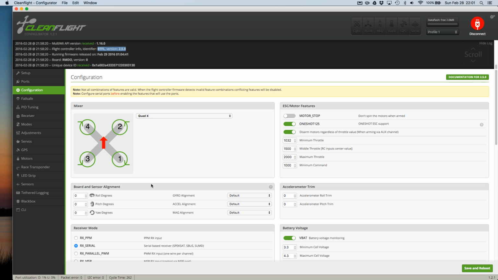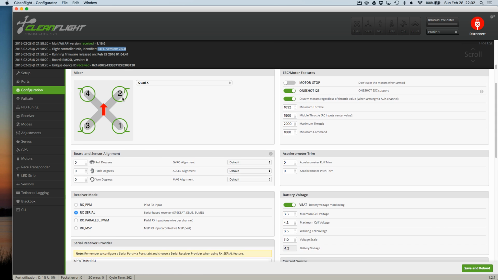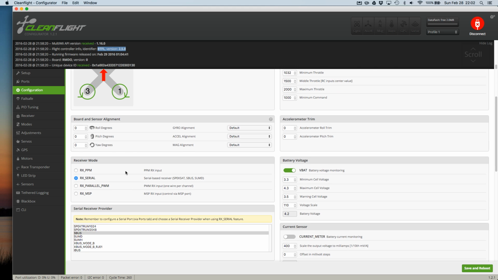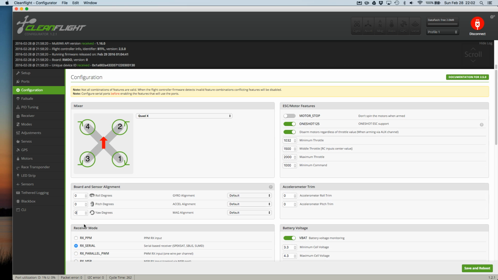All right, the configuration tab is where most of the stuff is. You have your motor configuration right here. Here's where you set up your board orientation if you have it. Sometimes if you have the USB port out to the side, you need to change the yaw degrees to probably 90 or 270, depending on what side it's on. One thing to definitely check: